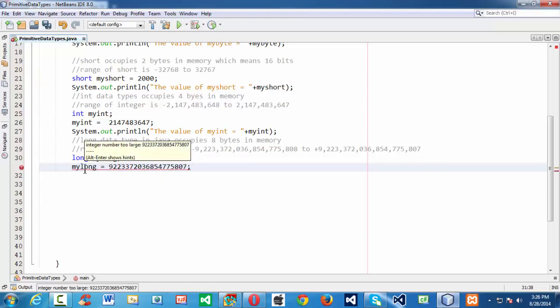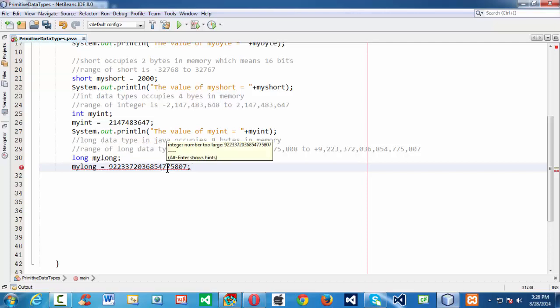This is because by default the plain integer values are considered of type int. So it's thinking that you are trying to assign an integer value to a long data type, since by default all the integer primitive types are considered as ints.